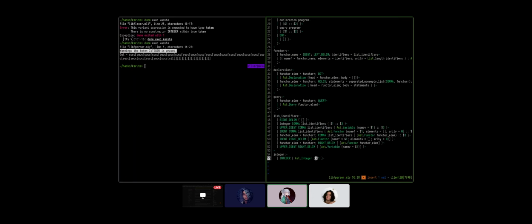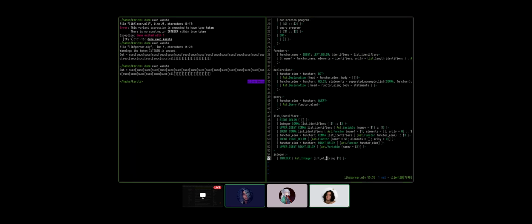We need to parse the integer here because this is a string at this point, right? Yeah, we probably need to translate string of int. Well, int of string. Wait, it's the opposite, right? We don't want to stringify. We want to unstringify. Can't we just call it? Yeah, but I don't know if this function exists. I think it does. Yeah, it does exist. Okay,